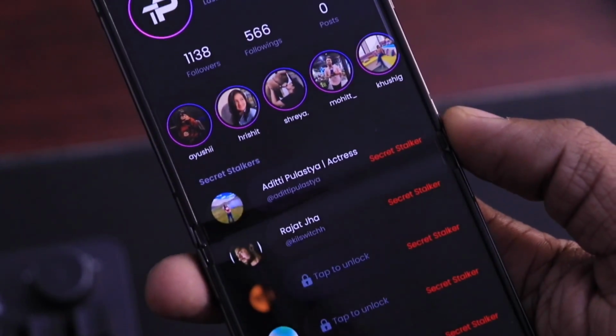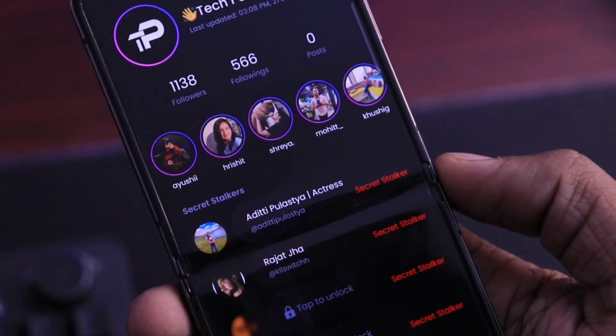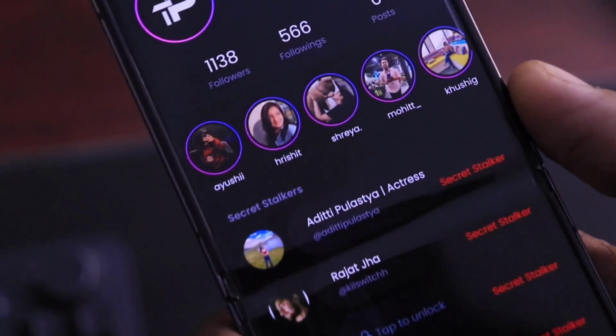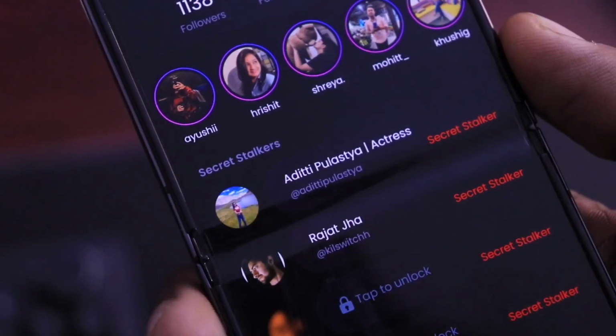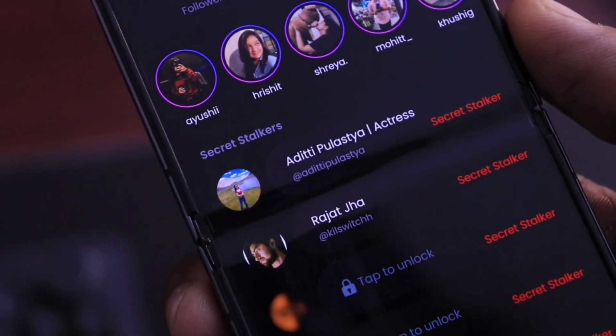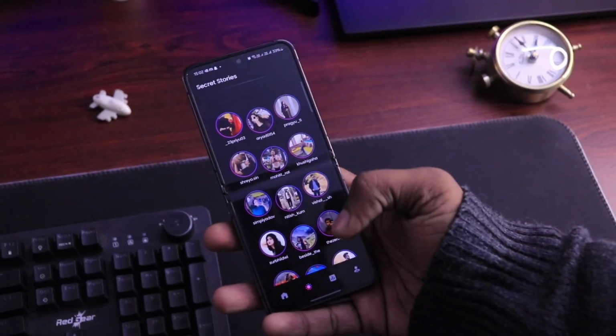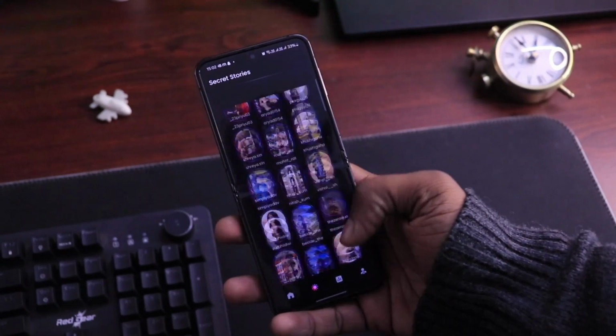So you can see a list of all of your secret admirers and profile visitors here in this application. The result is pretty accurate. Also, I cross-checked the application result by manually visiting profiles several times from different accounts. Also, this application allows you to see someone's Instagram story anonymously, which means your name won't be shown in the